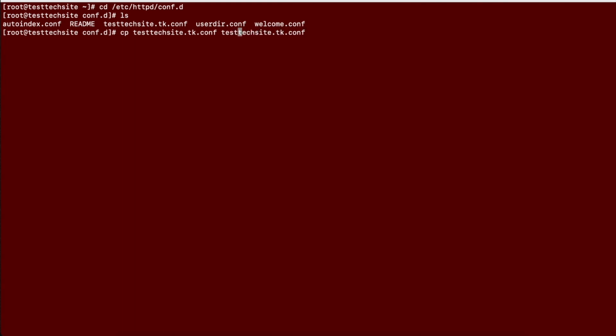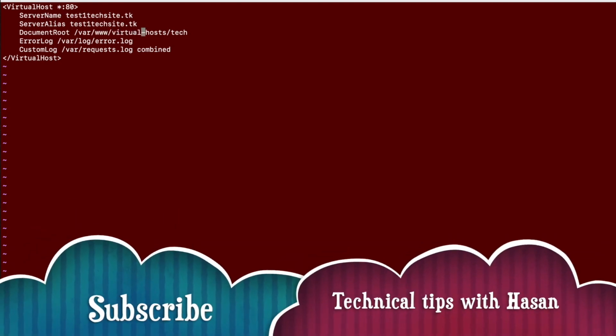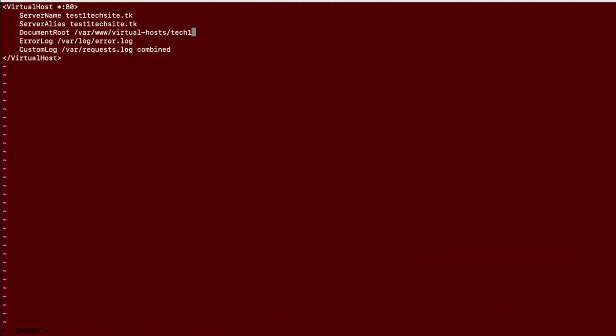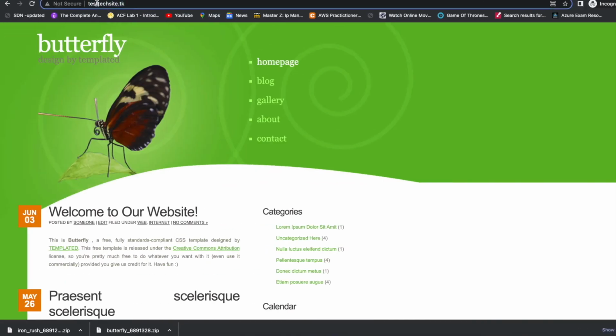So copy this. Now the settings which we want to change for test1 is, of course, same thing, 1. We'll change 1, and at this stage we have 1 as well. So if we go back to this and we just type 1 here, and this is the domain as well